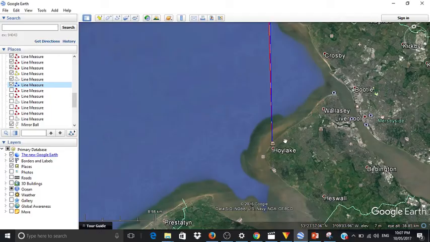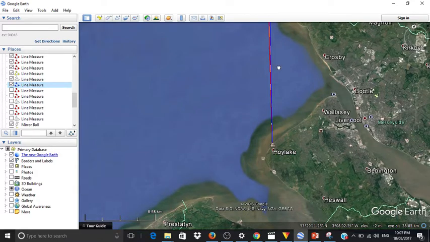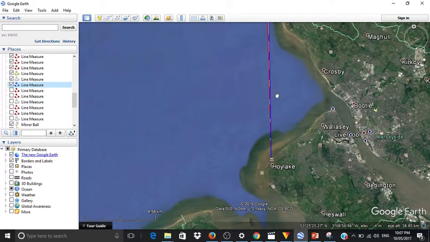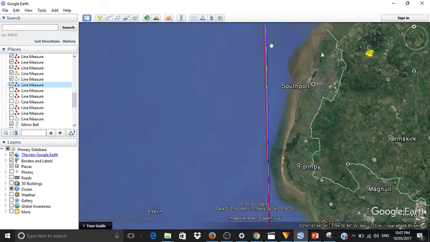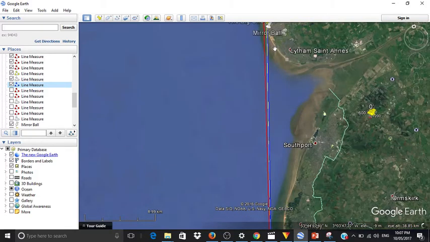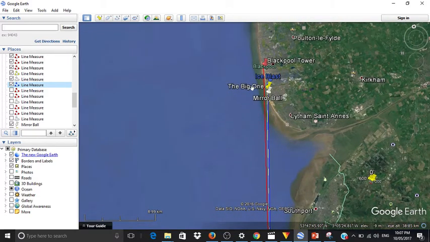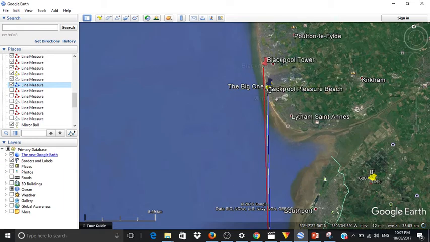This video is a response to Ranty and Anthony, who believe that this light over here is the mirror ball and believe that the mirror ball shouldn't be seen from Hoyle Lake. As I showed in my previous video, when you line up the lines of sight from Hoyle Lake to the objects in question, the mirror ball, the big one, the ice blast, and the Blackpool Tower,